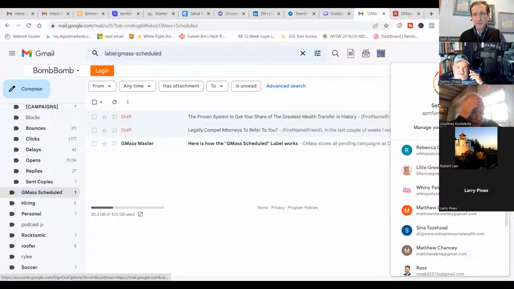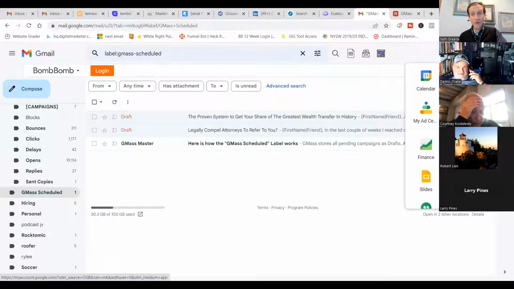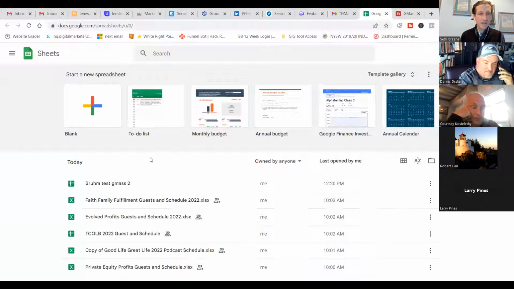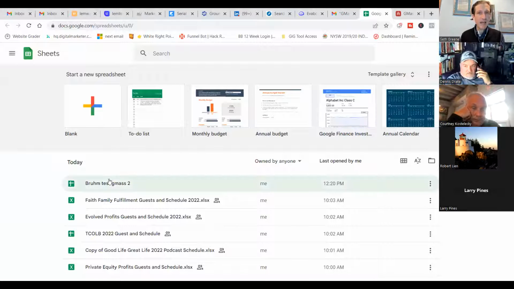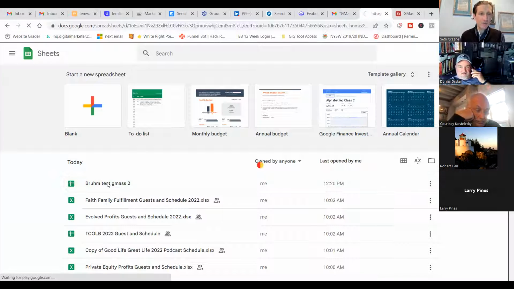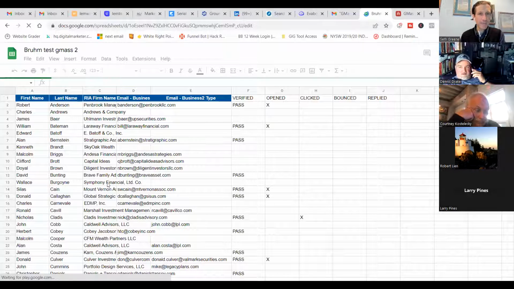And then what you're going to do next is you have to be signed into your Gmail account, your new Gmail account. And then you would go to Google Sheets, because the software that's going to do the cold emailing is going to extract your data from a Google Sheet. So you would have to go to Google Sheets, and you're going to make a new Google Sheet and paste in your list. So in this case, I'll show you an existing one that's already running,